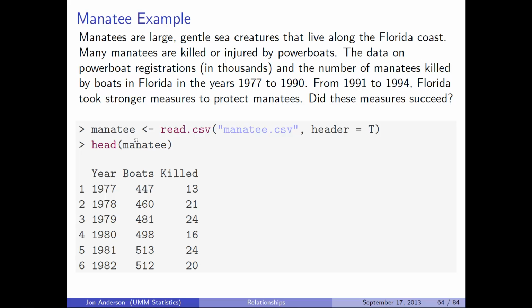And here's a little preview about what's in the manatee data frame. We have some years, we have a variable called boats, and we have a variable keeping track of the number of manatees killed in the state of Florida. The year range is from 1977 to 1994,